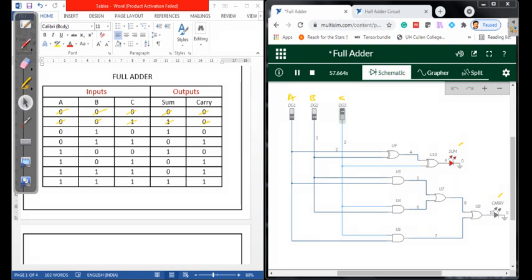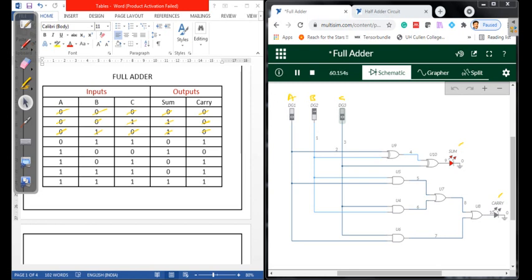The next combination is A 0, B 1, C 0. So here the sum is 1 and carry is 0 because the LED is on for the sum and for carry it is off. Similarly, the same thing holds good for all the others.